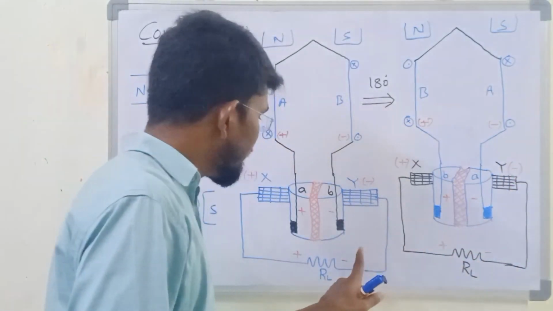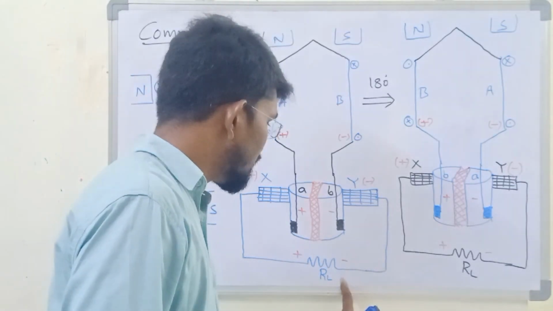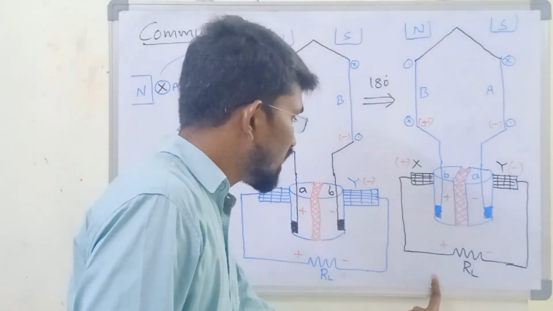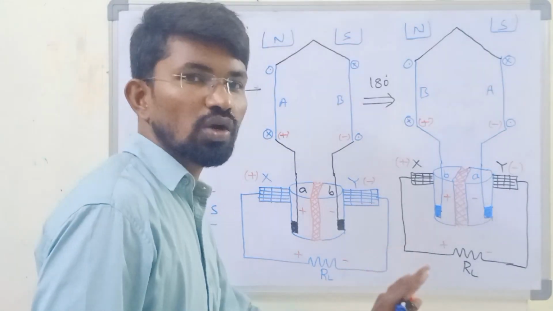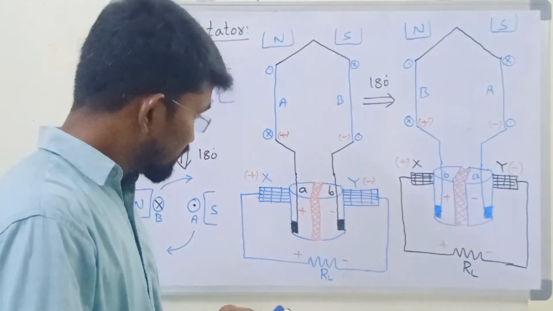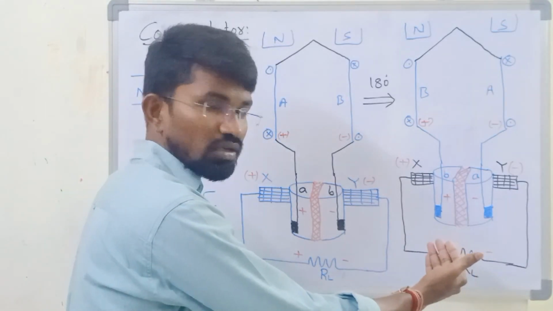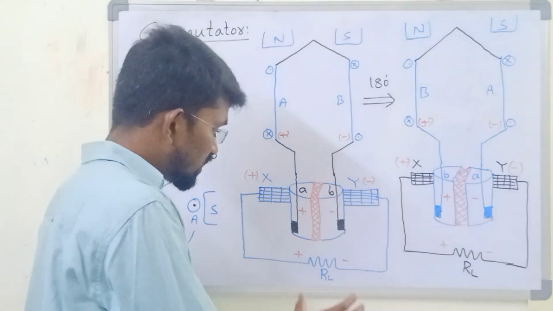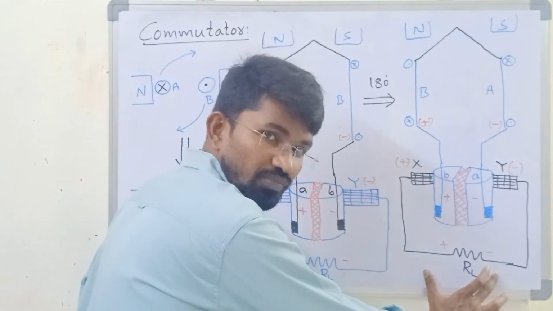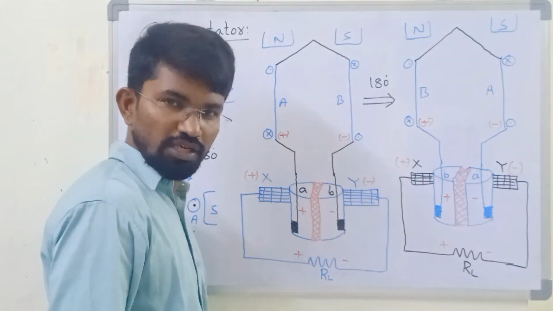Now you can understand in case 1 and case 2. Case 1 and case 2 are having the same polarity. Yes or no? As case 1 and case 2 both are having the same polarity, that means we can conclude that the output of this generator is a DC voltage. If suppose after 180 degrees the polarity is changing, then we can conclude that our commutation has failed. But comparing case 1 and case 2, we are getting the same output voltage. That means we can say the final conclusion is that the output voltage is a DC voltage.